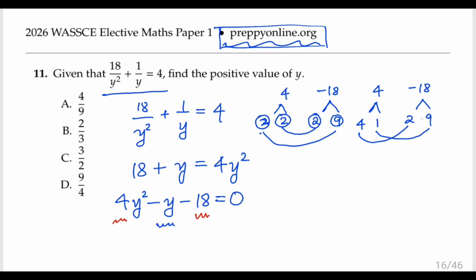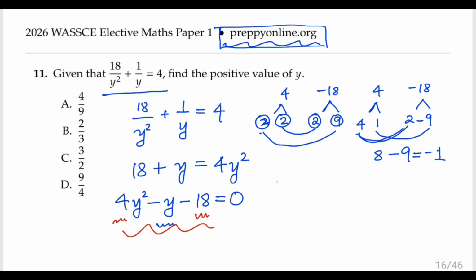So we just need to attach the minus to the 9, because 4 times 2 gives 8, 1 times 9 gives 9, and 8 minus 9 is minus 1. So that's a good combination. And then from that, we can write the